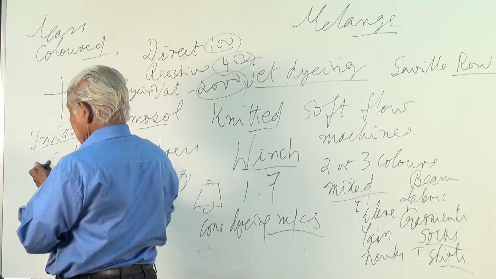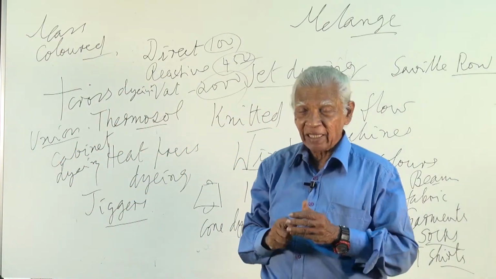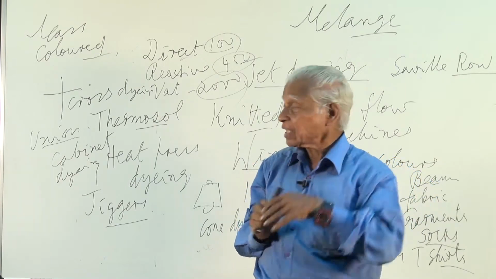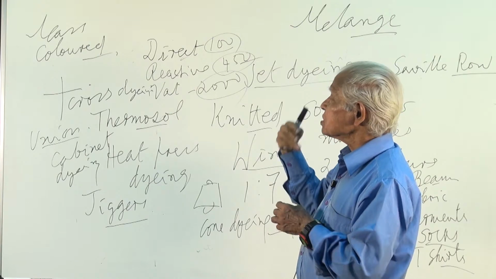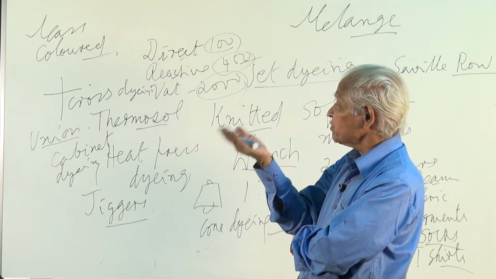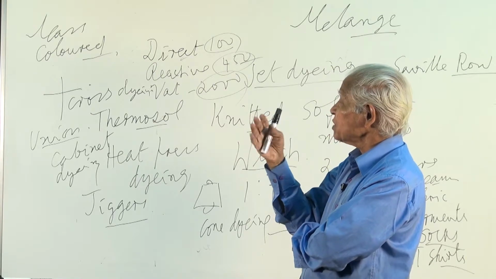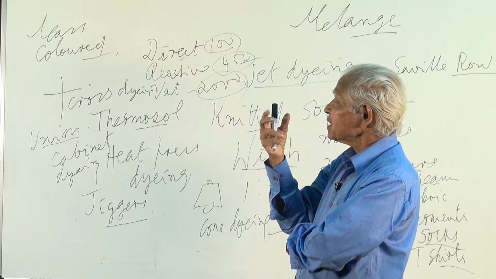What are mass colored yarns? When the yarns are produced in the spinning method, certain pigments are added to that and we get that color. And those tows which have the color are cut and then the staple fibers are produced, which can be used in the manufacture of the yarn. So mass colored yarns